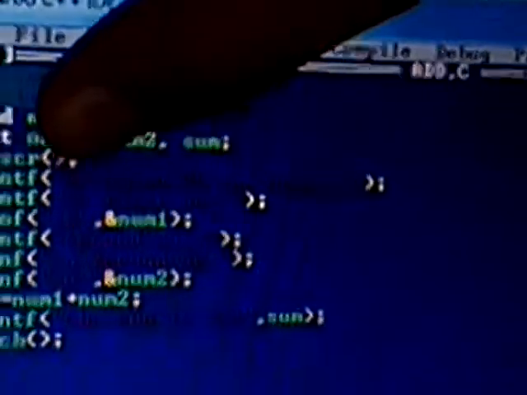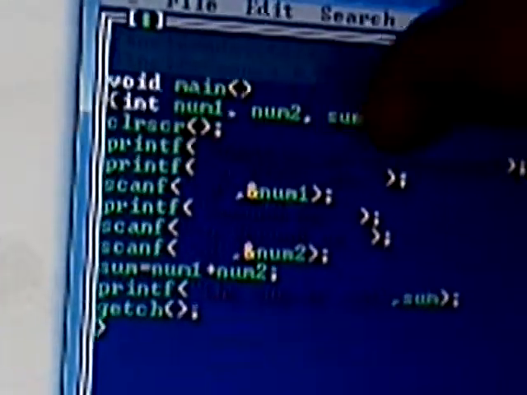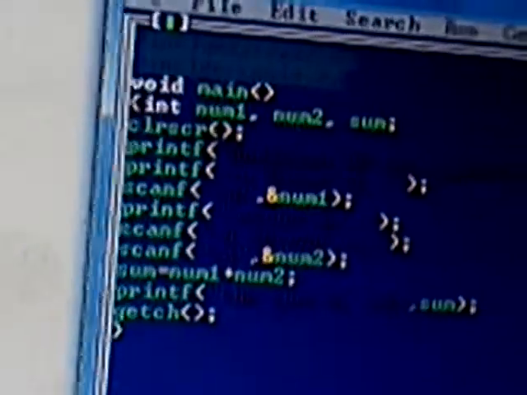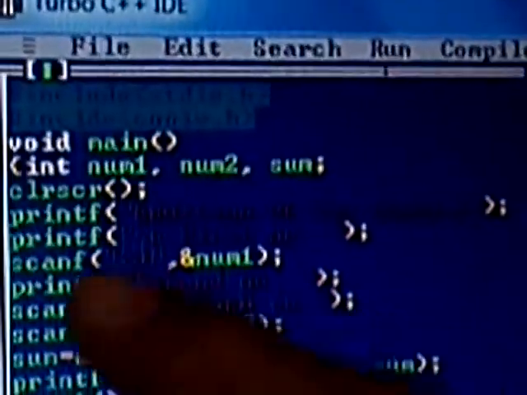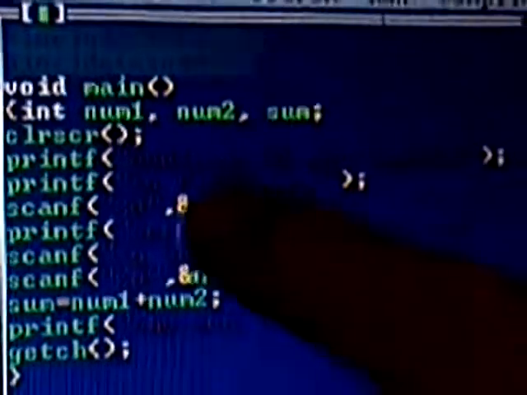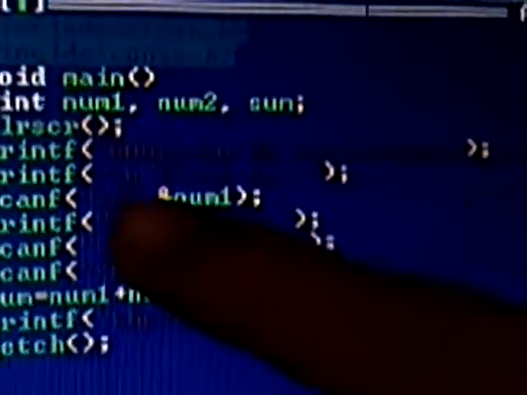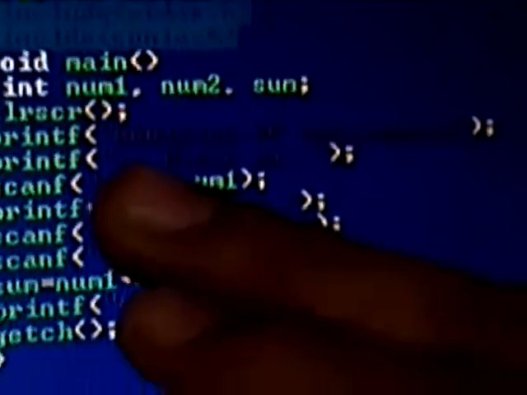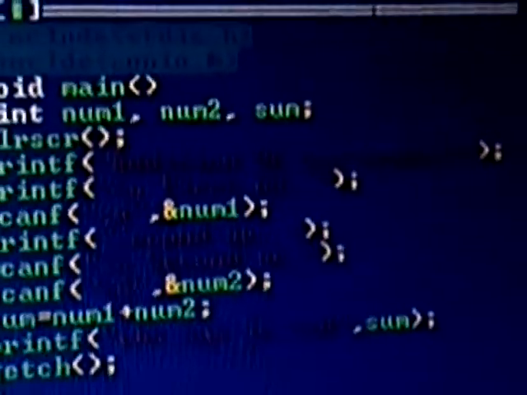The first thing we print is a message, addition of two numbers. This will print as a heading. Then the next thing we write is first number. I have also used \n, and remember the slash is a backward slash. This slash is used to change the line. When we use it, the line always gets changed.